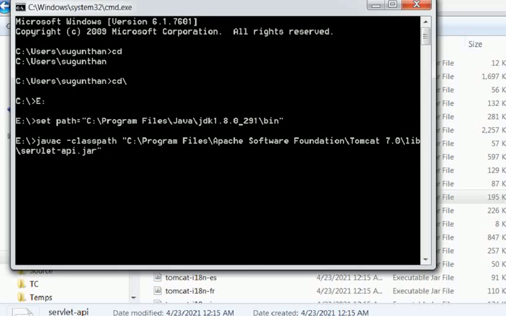Then our file name is server, server.java. There is no error. The servlet compilation was executed, that is, the class path is set.